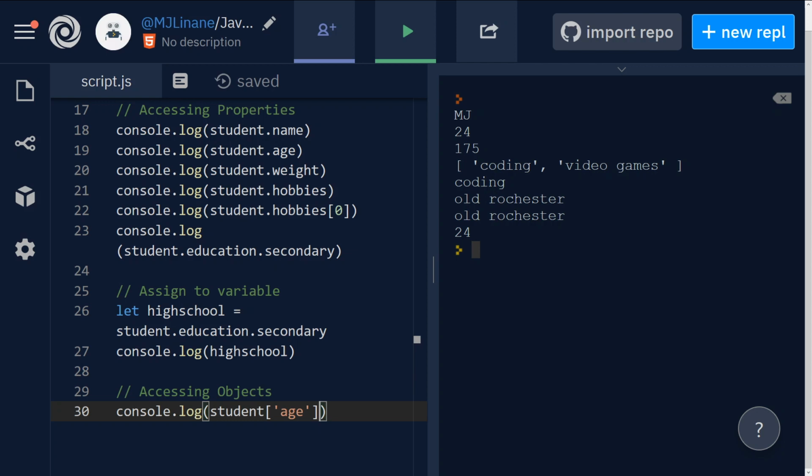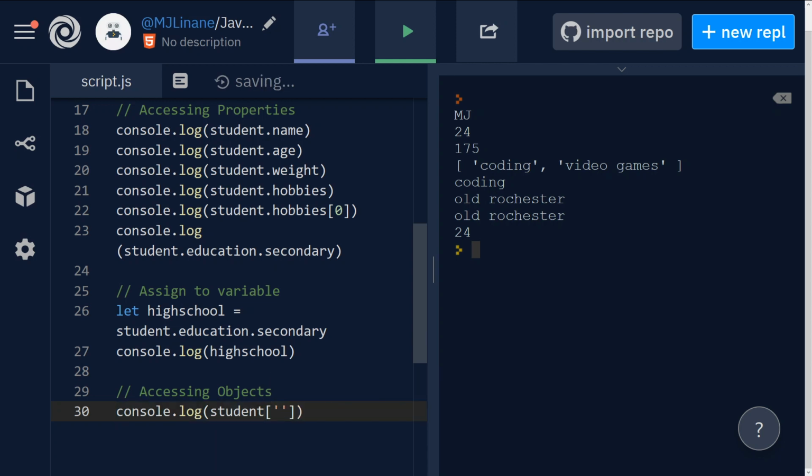I use both, but you'll see both in examples of Phaser code. I would say you're going to see student.hobbies and student.age, this one more often than this one, just because it's easier to type, I think, for a lot of people. You just do student dot and access that property. Here, you got to do the brackets. You got to know if this key is here. Notice when I type this out,